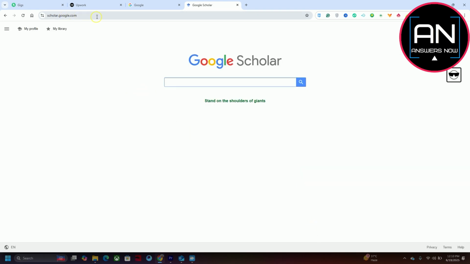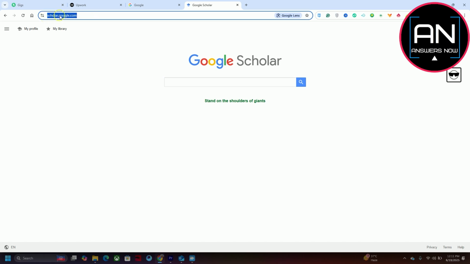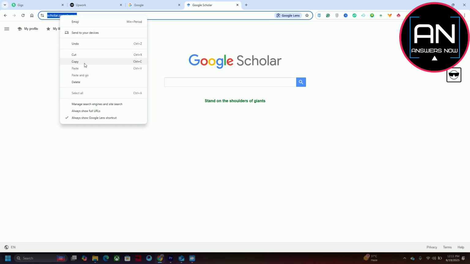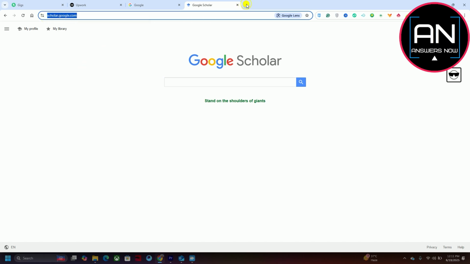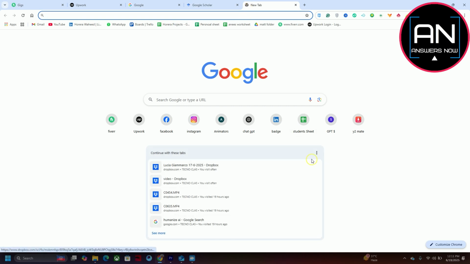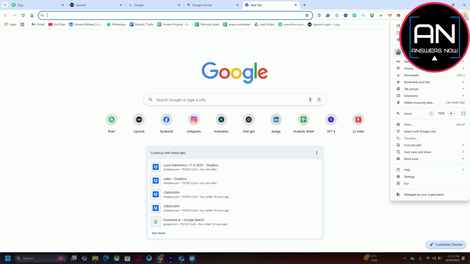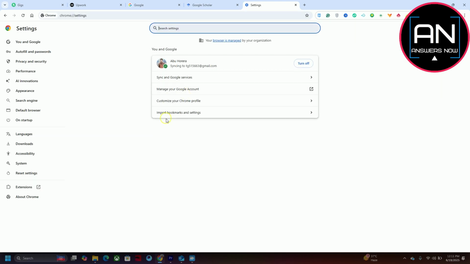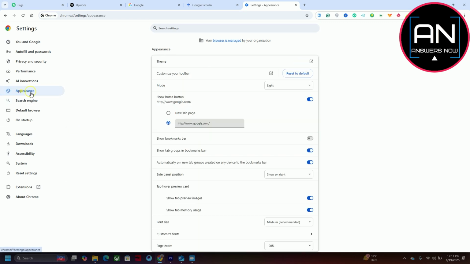First thing I'm going to do is go up to the address bar, place my cursor in here. I want to copy that URL. Right click, copy, and then you have to click on these three dots here in the top right corner. Then go down to settings. Now in the pane on the left hand side here, click on this appearance, and then right in here